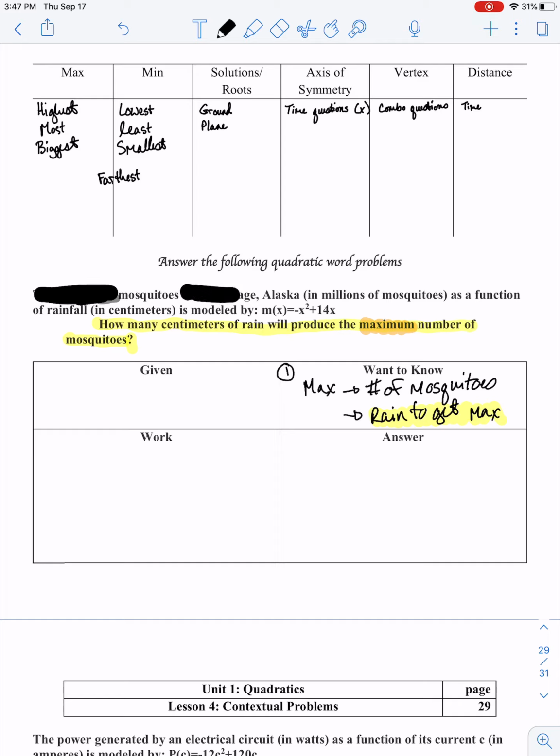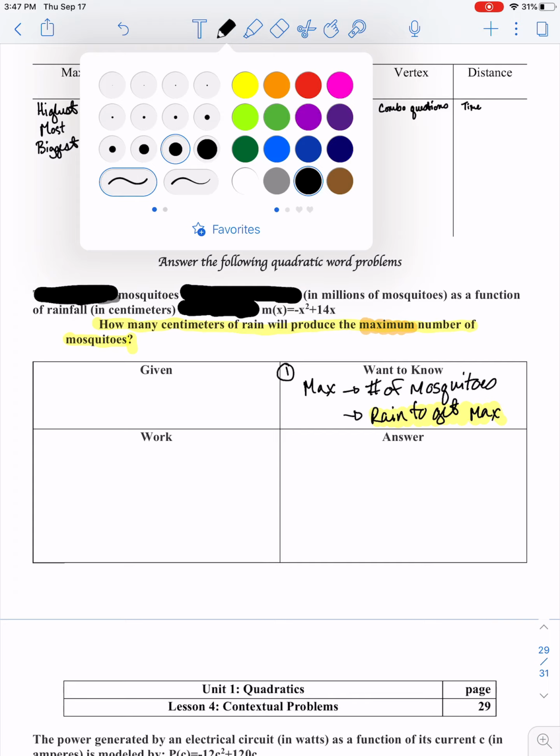Mosquitoes, I don't care where they're at. Millions talks about the quantity of mosquitoes as a function of rainfall. This is what it's measured in, which is good, right? Units is good, is modeled by equation. So I wasn't able to eliminate a ton of stuff, but I now know the context and what my problem is,